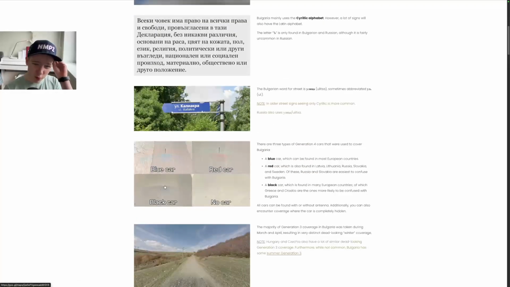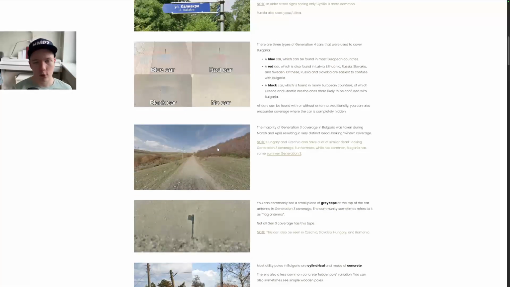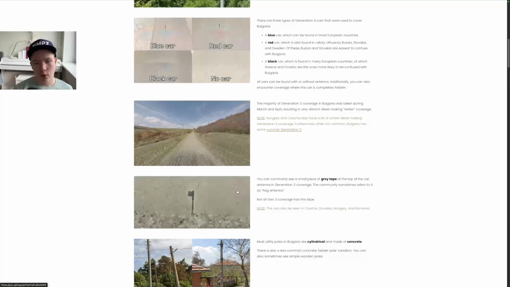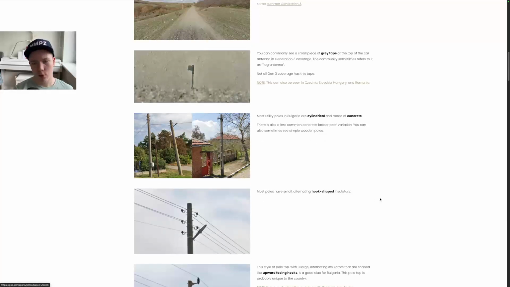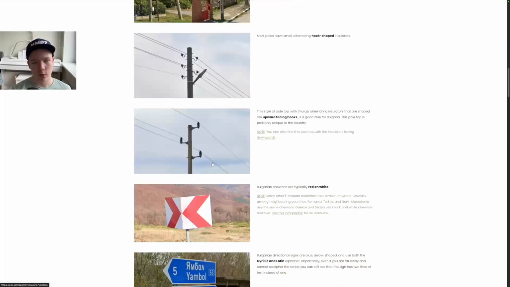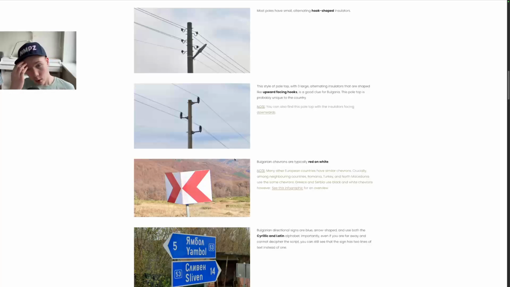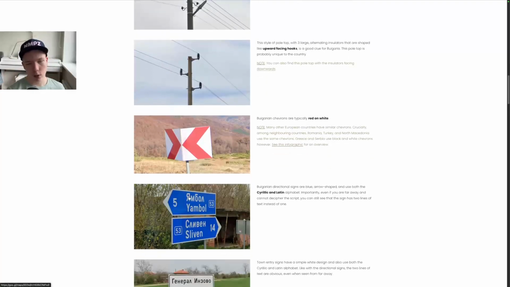Red car, blue car, black car, no car, pretty much anything. Yeah, ulica is the word for street. You can see the flag on the antenna. Yeah, the hook shape insulator thing that I mentioned for Latvia as well. Red and white chevrons, typically. Yeah, these signs look